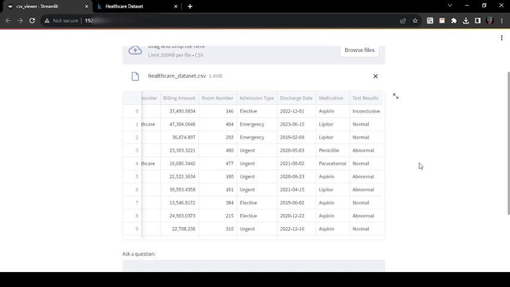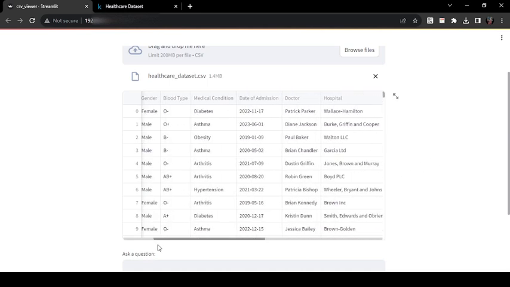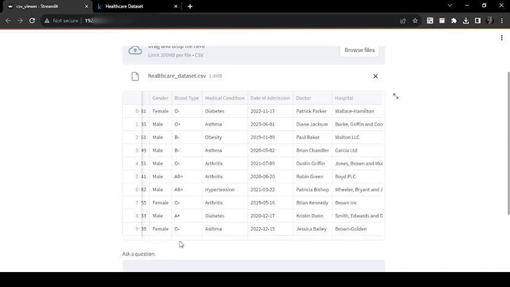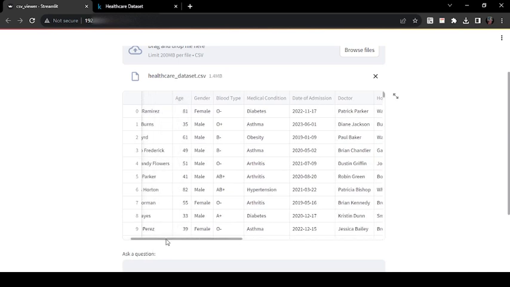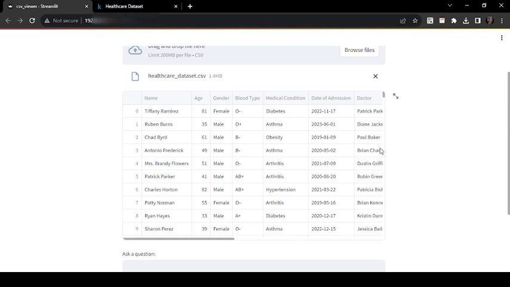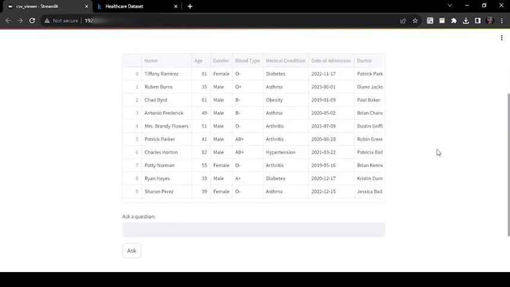What the application does is that it queries or communicates with this data using a large language model. In this case, I used ChatGPT and a framework called LangChain to handle that communication. So as a user, a data analyst, or someone who's researching, you would ask it questions like,